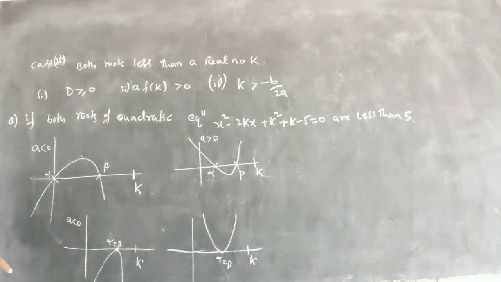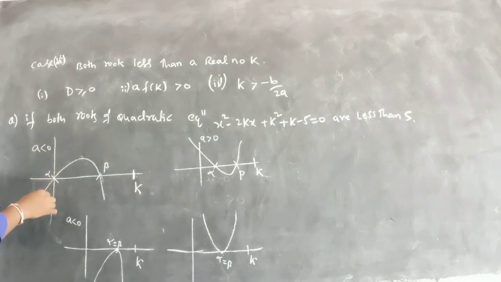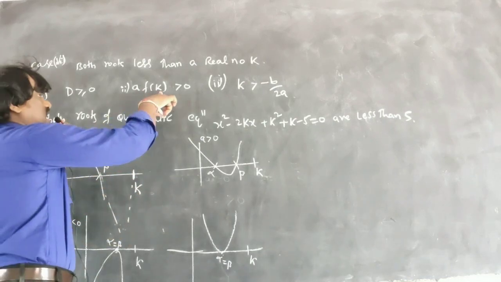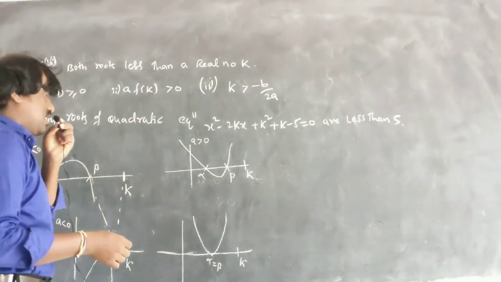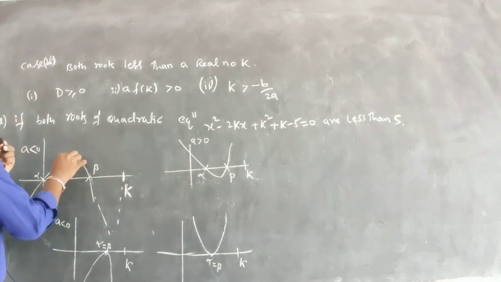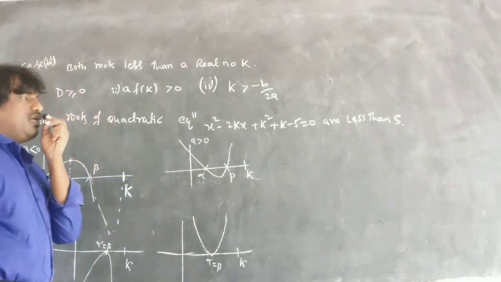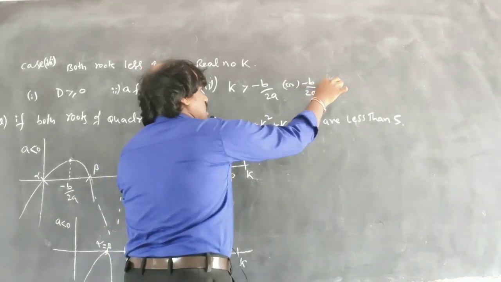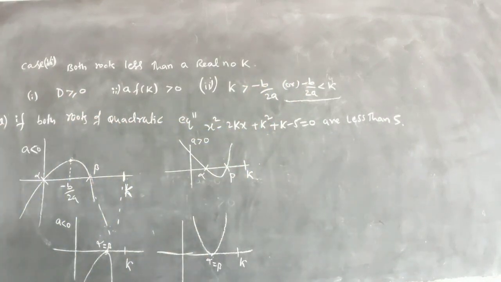Okay, let us see here. The case 1 is D greater than 0 and D equal to 0. Both are getting, so D greater than or equal to 0. The case number 2: a is a negative number. F of k is downwards, it is negative, negative into negative is positive, that is a into f of k will be positive. The same thing happens here also. Now the third case is k is more than the vertex. Vertex is minus b by 2a and k is more than that, so k is greater than minus b by 2a, or you can write as minus b by 2a is less than k. You can use either one. By this way we will find the answers. So hope you understand this condition.